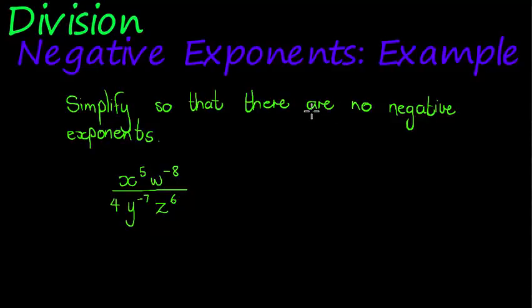Hi there. In this video I want to show you how to simplify so that there are no negative exponents. So this is an example. Here we have x to the power of 5, w to the power of negative 8. These factors are divided by 4, y to the power of negative 7, z to the power of 6. So what I like to do is first take all the constant